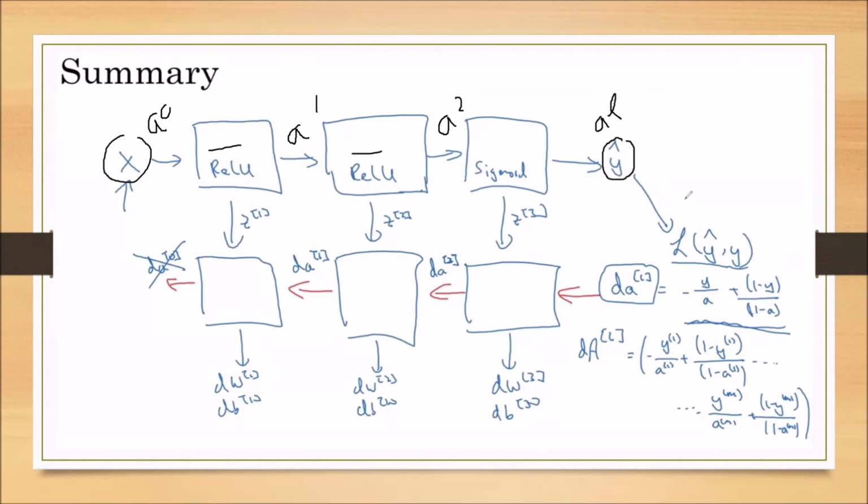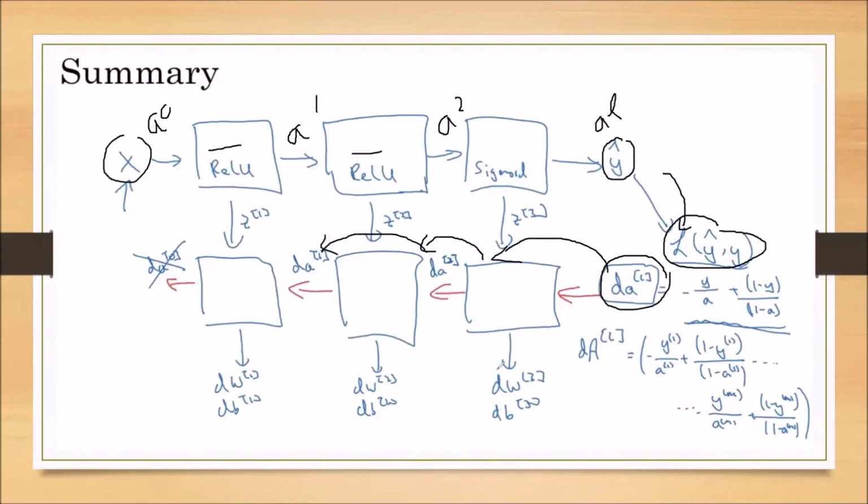By using these predicted outputs, we first calculated the loss function, which gives the relationship between y cap and y. This y cap is only a. Then we have calculated the dA. dA is nothing but minus y by a plus 1 minus y by 1 minus a. By using this dAL, we calculated dAL minus 1. By using dA3, we calculated dA2. By using dA2, we have calculated dA1.